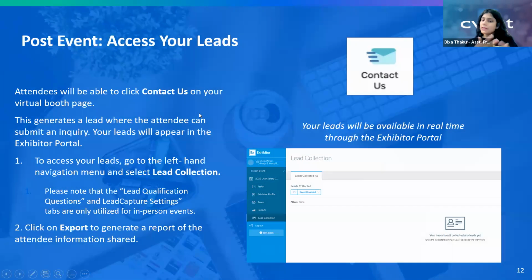Now, this is everything that you can do before your event. Add a booth staff, maybe update your profile, and maybe add content to your profile. Once your exhibitor profile is ready and the event has started, once the event has ended or in real time while your event is going on, you can know how many attendees have interacted with your exhibitor profile and have tried to reach out to your organization. I'll be showing you how the lead is